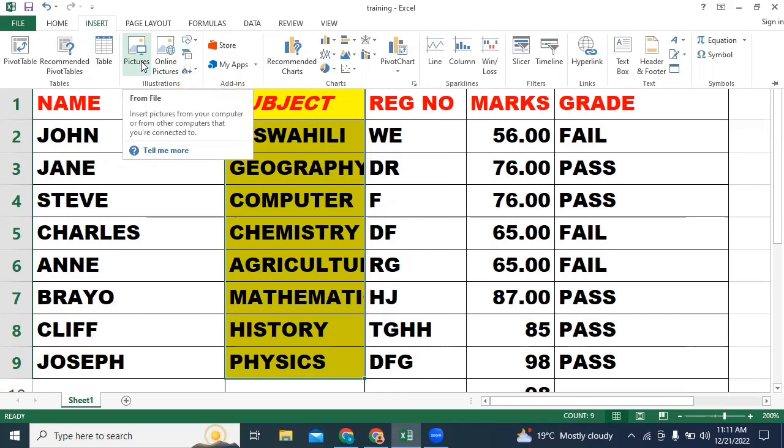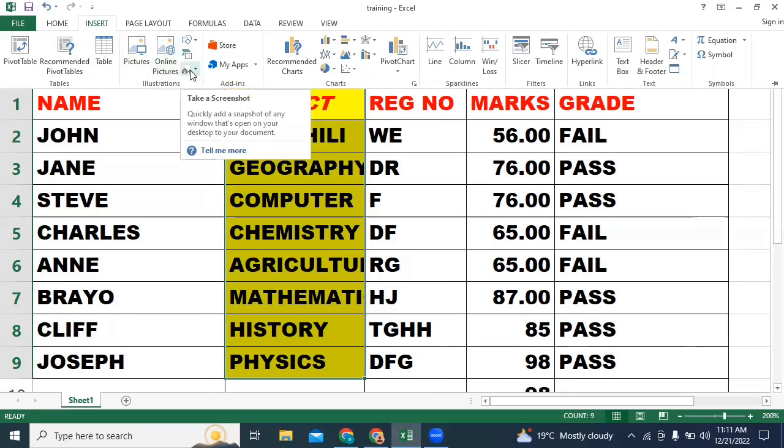where I taught you how you can insert a picture in Microsoft Word. It is actually the same case. You can also insert a picture in Microsoft Excel, and also there are online pictures. You can always select a particular picture from this Microsoft Excel, but usually it's from online. And also we have taking a screenshot. You can also take a screenshot from this particular spreadsheet,